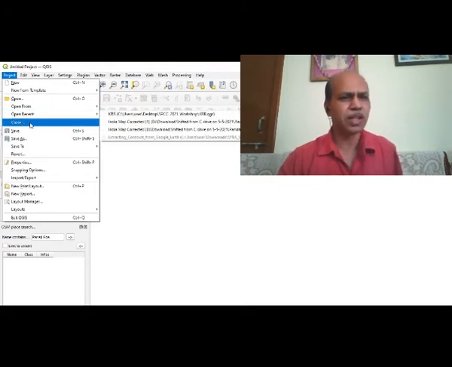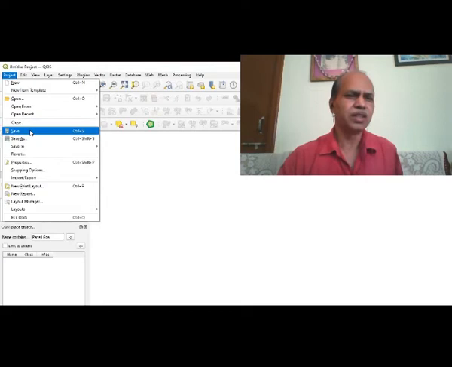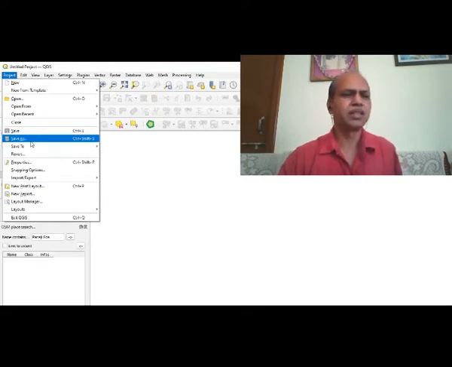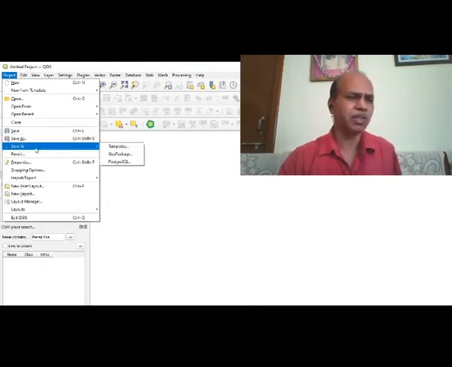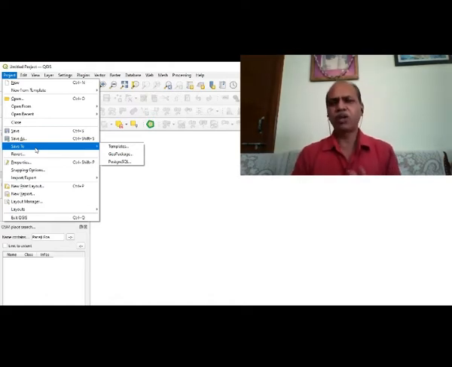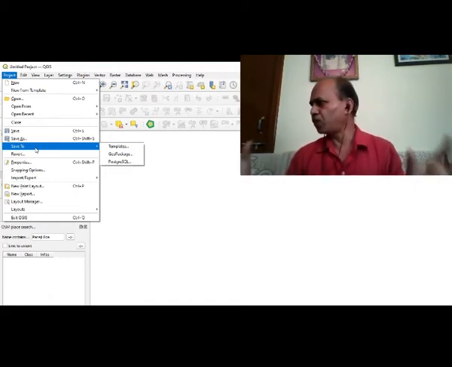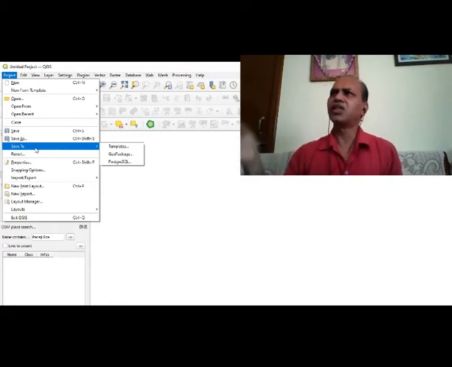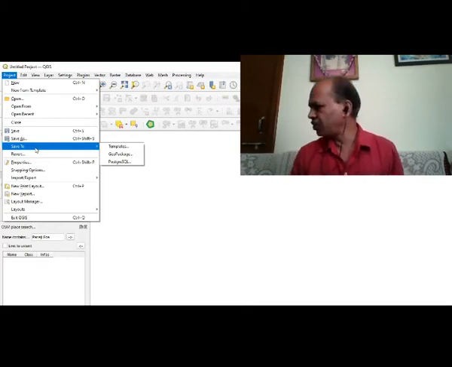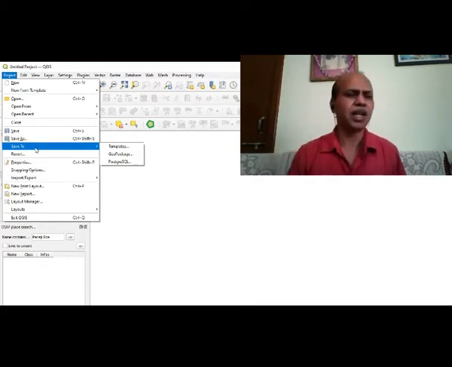Then to close that one, you can go for Close, then Save As and so on. They are going to be different options. When you go for Save To, you have options here. You can save it as a template, or you can go for a GeoPackage, which is a folder in itself where all your QGIS things can be stored depending on your project. Then even PostgreSQL is also there. That is yet another thing, but it comes in the advanced stage of your learning.